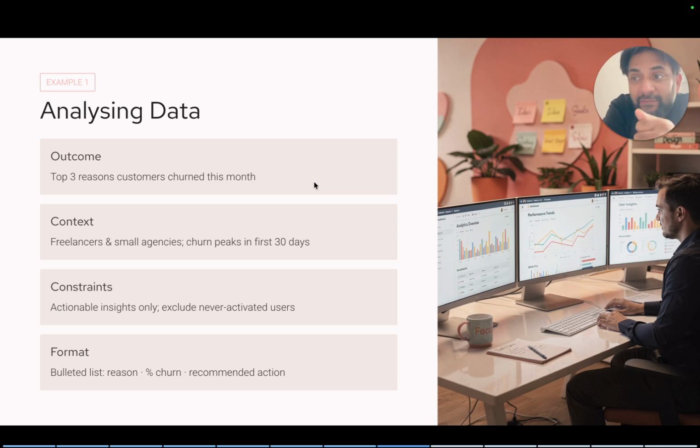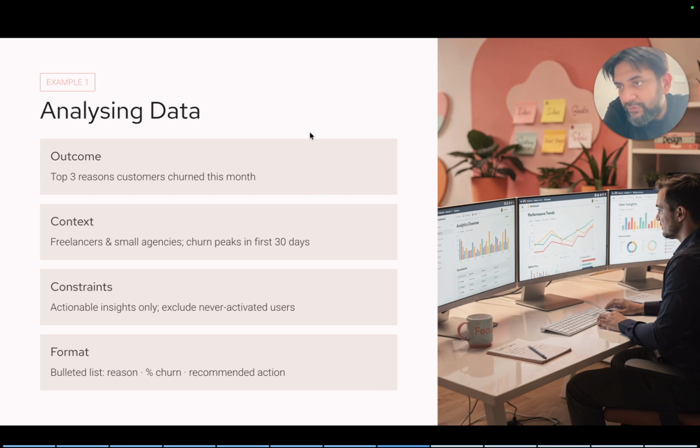Our user base is mostly freelancers and small agencies. Churn usually happens in the first 30 days. Constraints. Focus on actionable insights, not just raw numbers. Exclude churned users who never got activated. The format. Return as a bulleted list with the reason, percentage of churn, and 1 recommended action per reason.